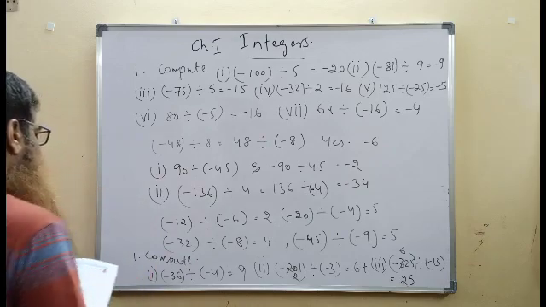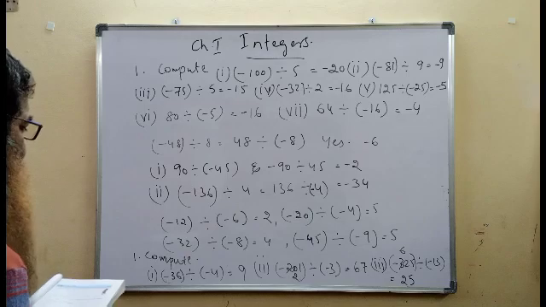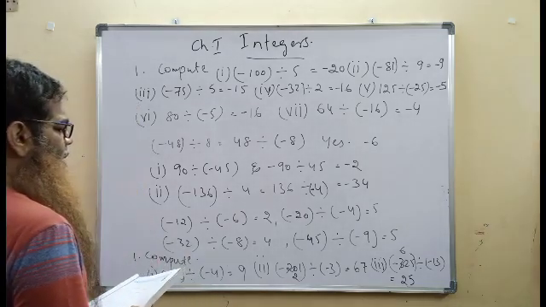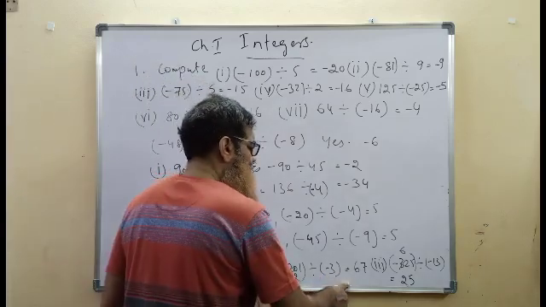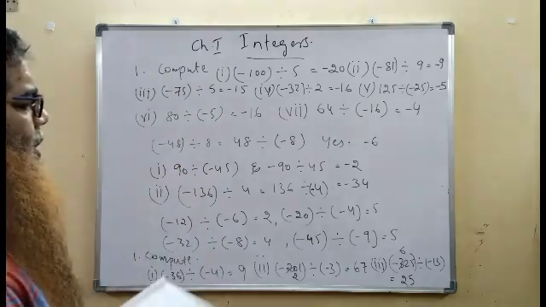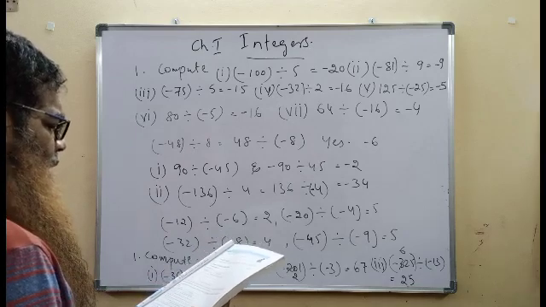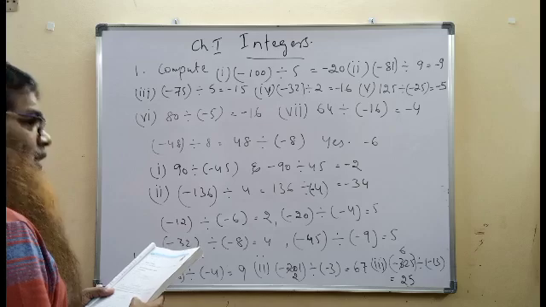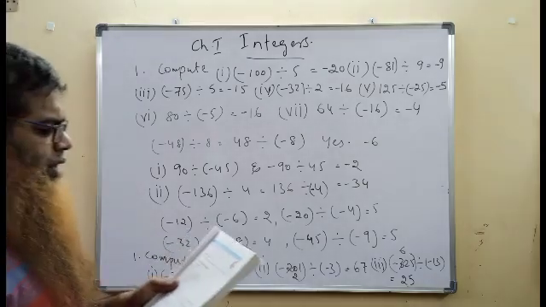Then compute the following on page number 13. Minus 36 divided by minus 4, we get the result as 9. Minus 201 divided by minus 3, in the second one the result is 67. Third, minus 325 divided by minus 13: when two negative integers are involved, the result is a positive integer, 25. Then the properties of integers. Let's come back with the clip on properties of integers in the next video.